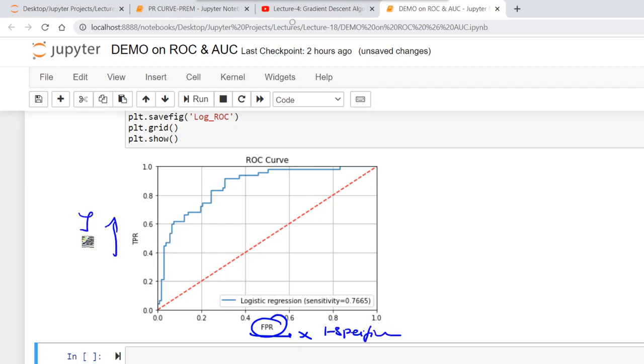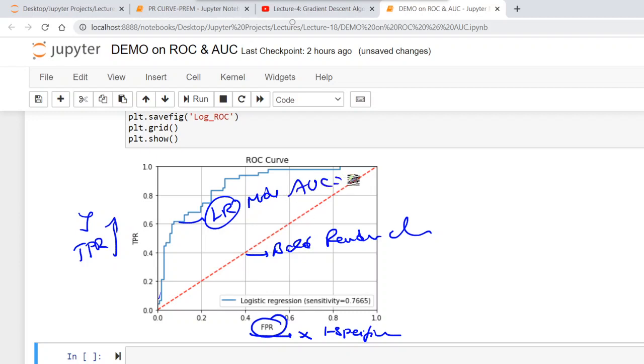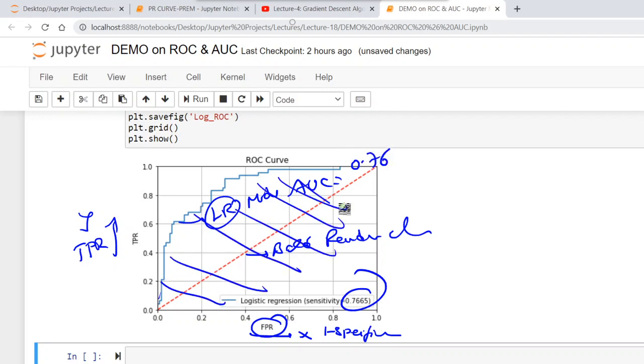On the y-axis it is the true positive rate. So this dashed line is the baseline random classifier, and this curve is the logistic regression model with AUC score 0.76, which means this value is the area under the curve.